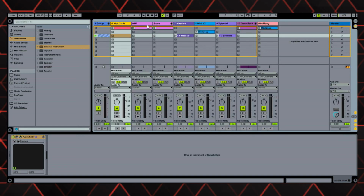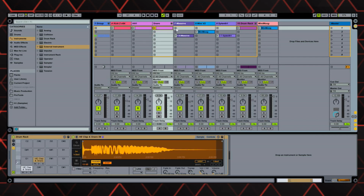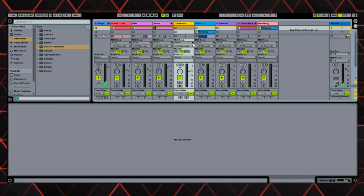Almost sounds like one of those elf drums. It's pretty good. Hi-hats, I'm just pulling from some sound banks that I have. And the snare, I'm doing a layered snare, you can see. Nothing special yet. That may change later on in the development of this tune. And then we have our massive